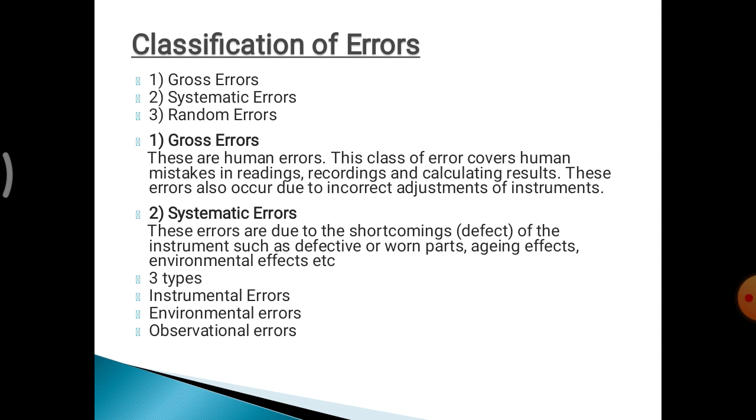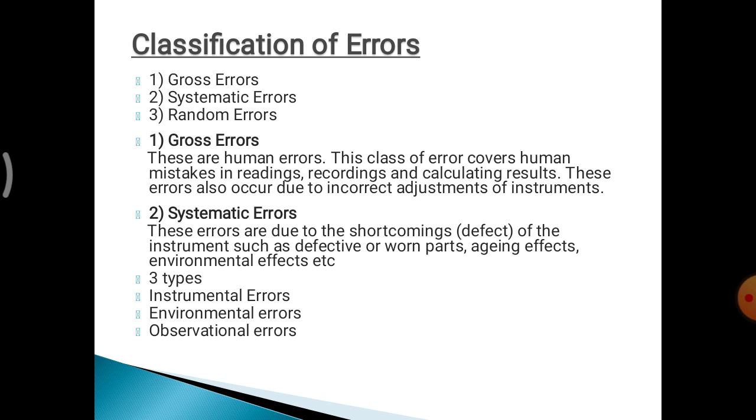Next, come to the systematic errors. These errors may be due to some defect in the instruments, aging effects, or environmental effects. Aging effects means if you buy one piece of equipment, at that time its performance is very good. After 2 years sometimes it will show an error in the reading. Why? Because of the aging of parts. There may be a weakened magnetic field, weakened spring action and so on, so there is a little less performance. That is called the aging effect.